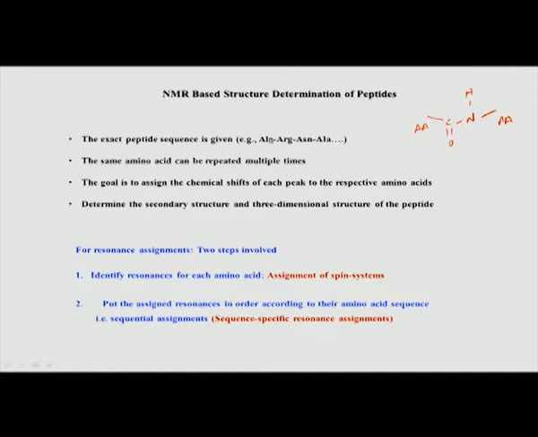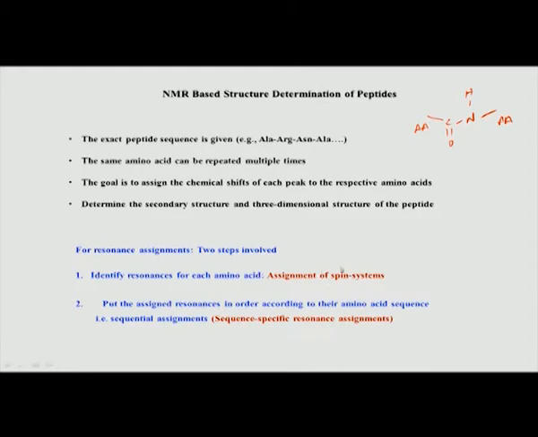So, if I have 4 amino acids in the peptide, I can say it is a tetrapeptide, which means there will be 4 spin systems in the spectrum. Okay. So, in a TOCSY spectrum example, you expect to get 4 different spin systems, but alanine is twice here, 2 times. So, there will be 2 spin systems for alanine, one for each alanine. So, the first step is that given this spectrum, we have to identify the spin systems.